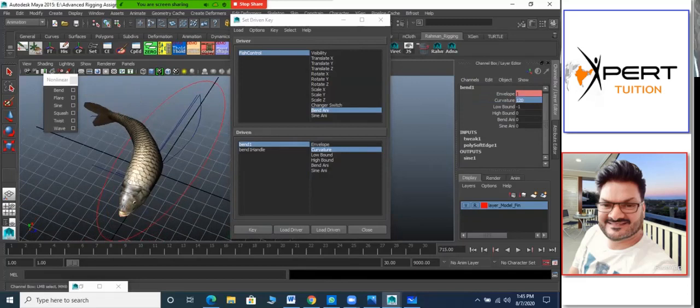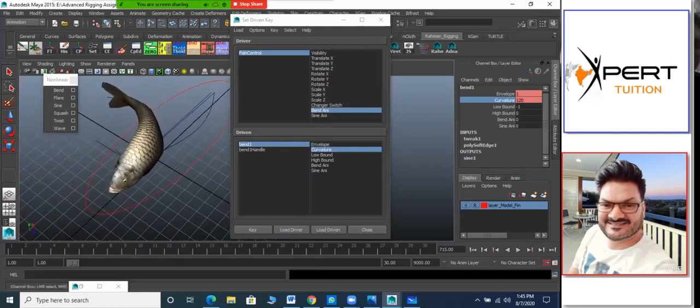I think this much is good enough, right? Every animator knows in the graph editor, if you need more value or less value, it can be changed easily while animating. So that's not a big deal. That number can be easily altered. I'll also show how to change it in the graph, so you don't need to recreate the set driven part. In the graph, you can change this number. So that's not a big deal.